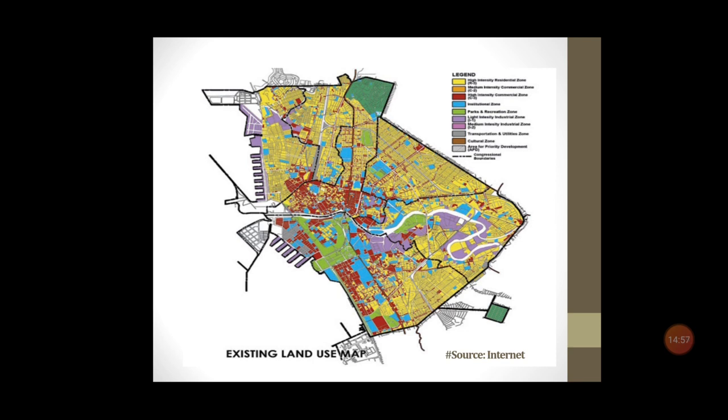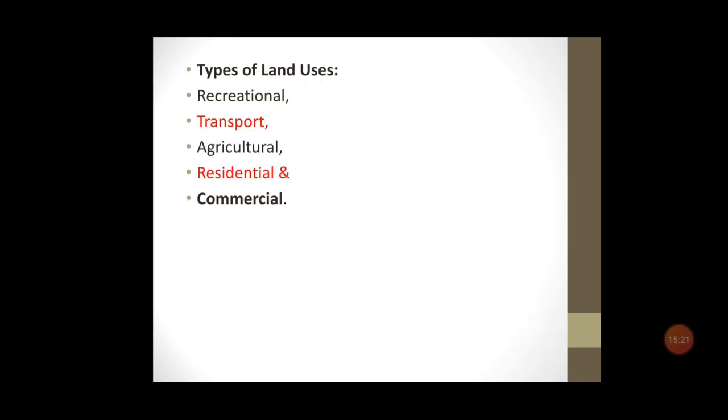Whatever is available and how the people will utilize it, depending upon the growth of the population in a particular city, is also considered along with the land use maps which are available, because the type of land and the type of resources available all have to be considered in the development of a particular town. So land use has its own importance.